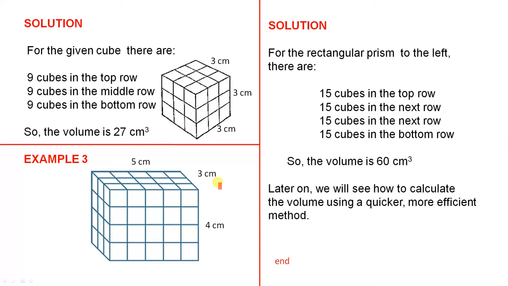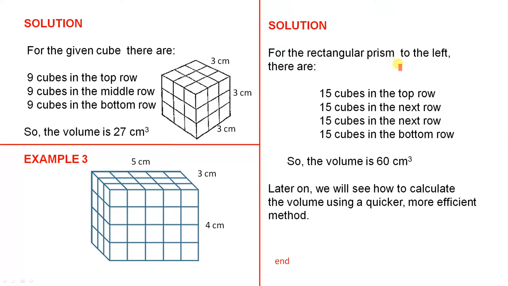Example 3. Now this here is not a cube because the lengths of the sides are different. This is a rectangular prism. So we have to find the volume of this rectangular prism. So for the solution,